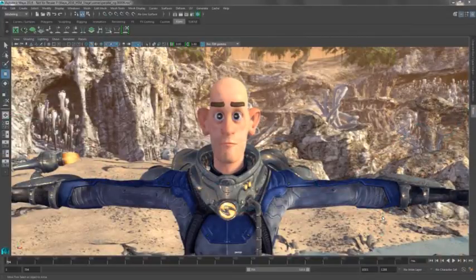Hey everybody! In this presentation, we're going to be looking at a few of the improvements that have been made to XGen in Maya 2016. We're going to be using XGen to do two different types of effects, a grooming effect and a vegetation or set dressing effect. So the first thing that we want to do is select a piece of geometry that we